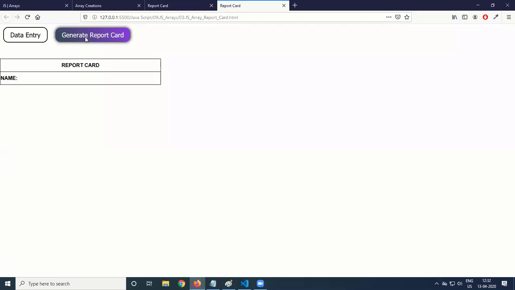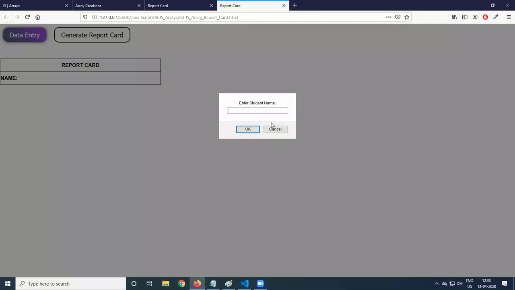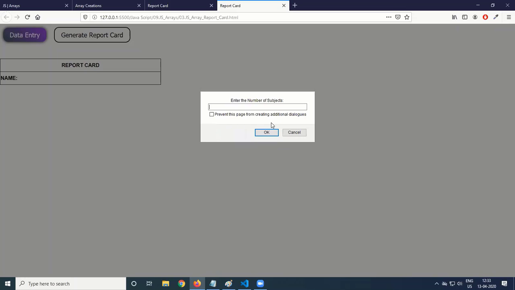Now it is enabled. I mean, so some dynamic style to be applied. So by default, people should not be able to click on this. People should be able to click on this only after entering the data. So they're all advanced level. For the time being, the practical use of array we are having. So now we are getting the border collapse also. So Amit Kumar, number of subjects 7. So enter the subject marks.